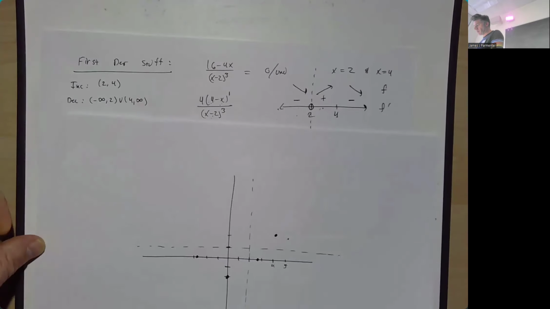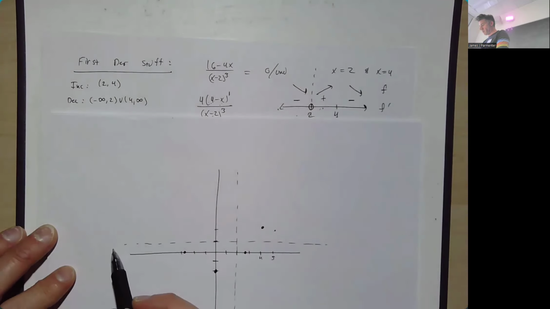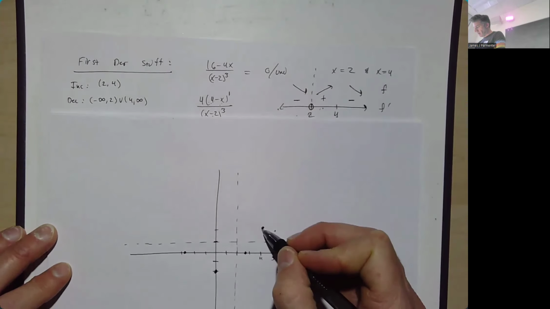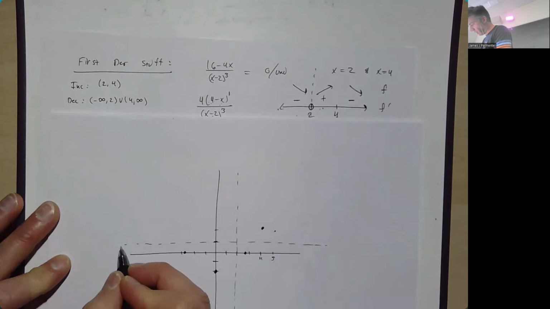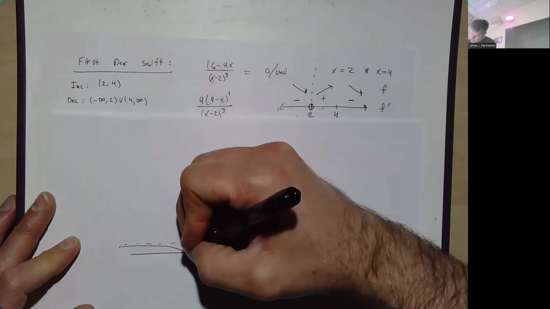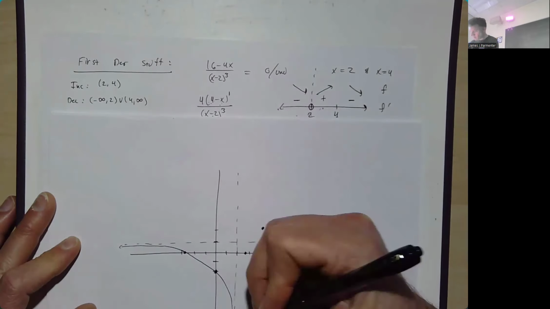All right, and now to graph this, I'm going to try and hit all those points, adhere to the asymptotes, and follow the fact that I'm going down, down, down until I get to 2, and then up after 2 until I get to there, and then down after that. I think I can do it here. Let's see, we're going this way. Hit there. There. So there's my